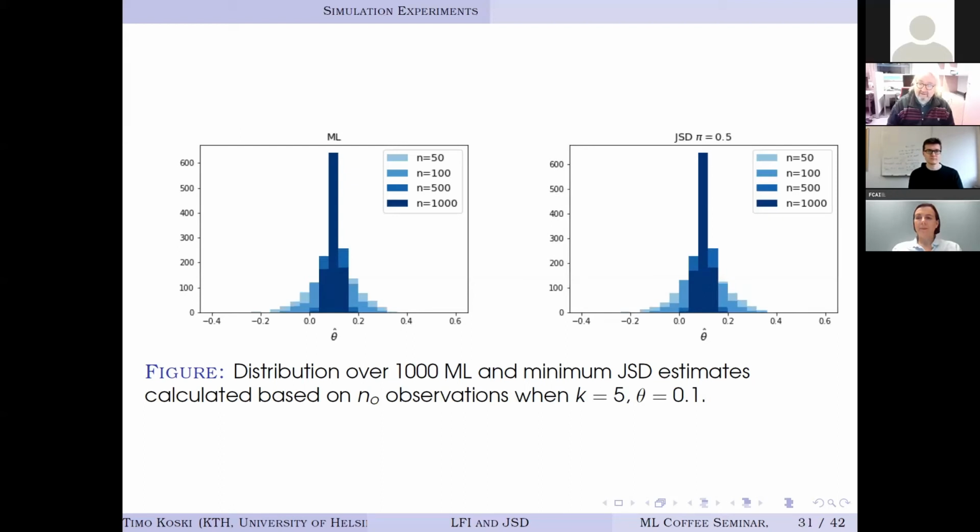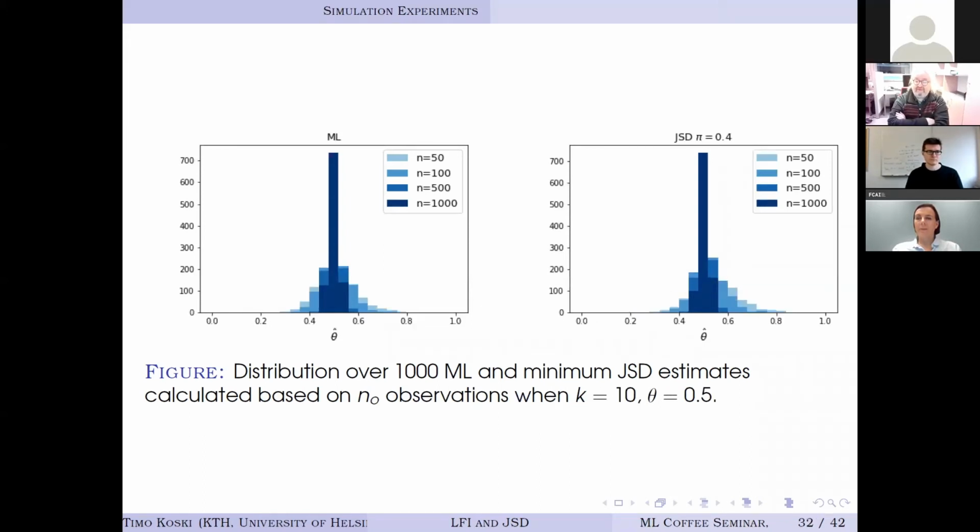Okay. Now comes the interesting thing. Here we have the true value 0.5, but the number of categories is 10. So you remember it's an exponential function; it decreases rather fast. And now you see here that with k, this Jensen-Shannon divergence overshoots rather heavily, even more than the maximum likelihood. There's a bias upwards in this, which however keeps on disappearing when the number of